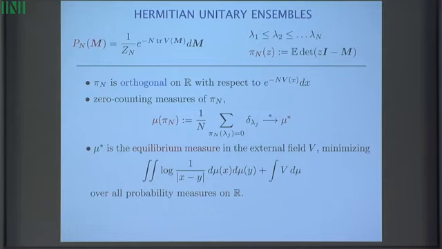What it means is that among all the unit measures, because remember, each guy here was a unit measure, the limit is still a unit measure. So among all the possible unit measures, pick the one that minimizes this functional. This is the energy functional. The first sum accounts for the internal energy of these particles repelling each other. Plus you have the so-called external field given by the polynomial that you had upstairs that modifies the whole electrostatic background. You minimize the energy, and this is the equilibrium measure, right? Minimal energy, equilibrium.